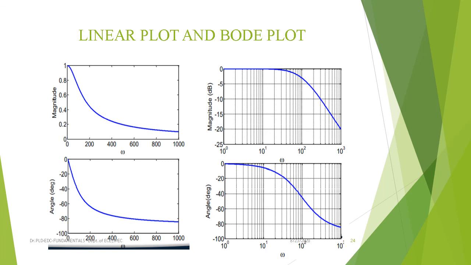The similar thing we can express in the case of the Bode plot. In the Bode plot, we can have the magnitude maximum value of 0 with normalization, and similarly the angle maximum value is also 0. The remaining values are all negative on the magnitude axis. Similarly, the angle axis also starts with 0 and the remaining values are negative.